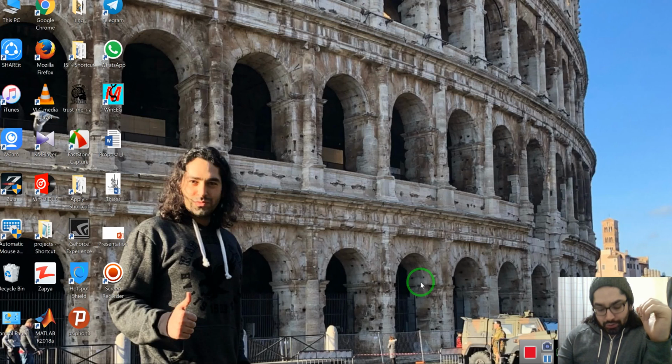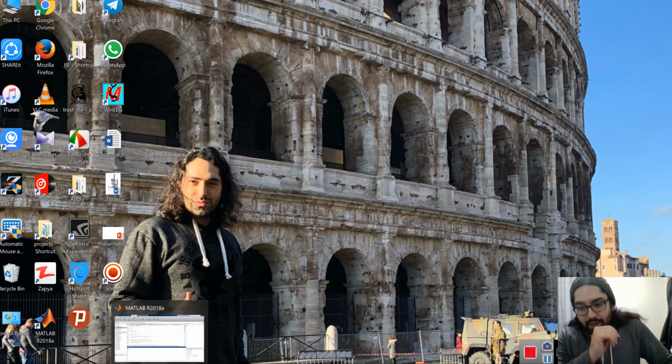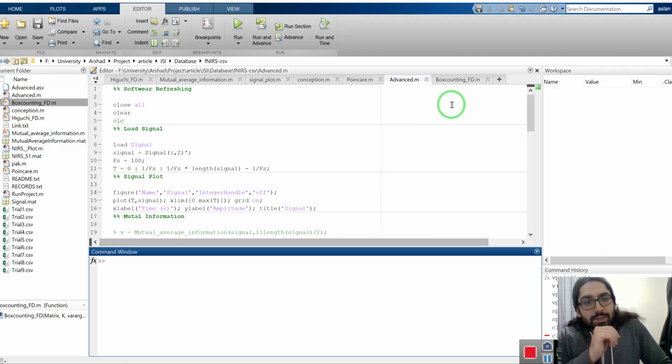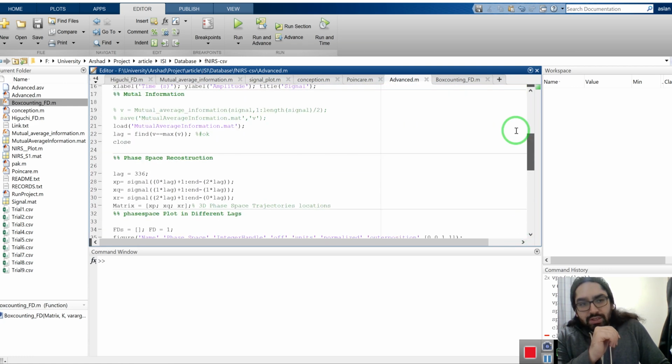This is Aslan, and today I want to show you how you can construct a phase space of a complex signal in 3D by using Matlab, and even how you can measure the fractal dimension of its plots in a complex shape by using the box counting method. Okay, first of all, I wrote a simple script that contains 7 simple sections